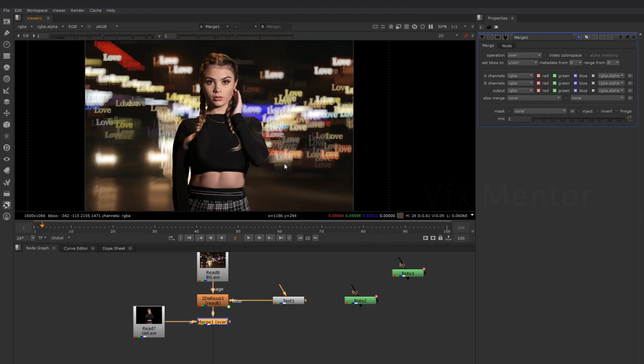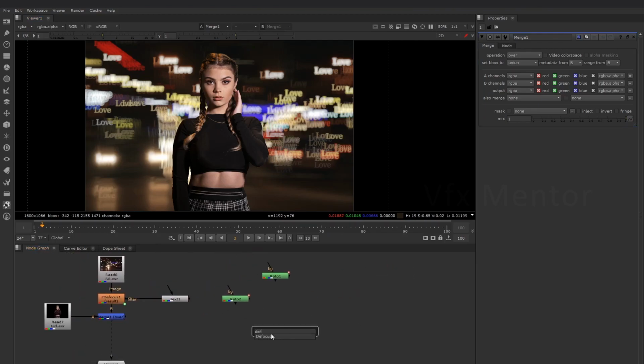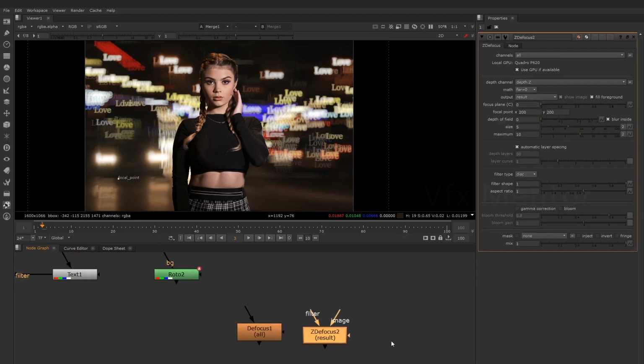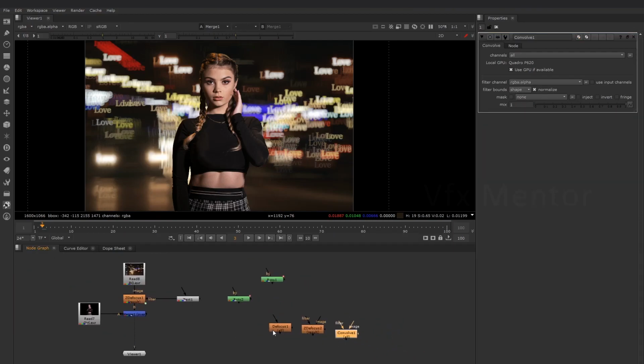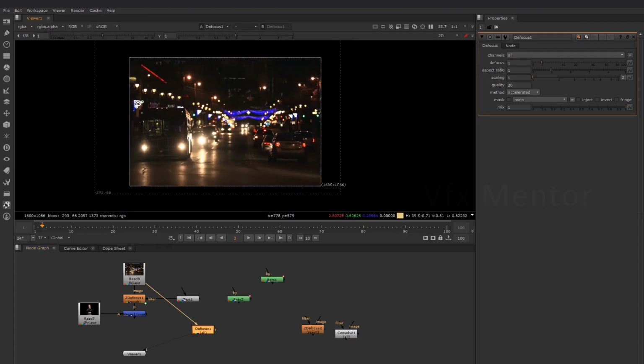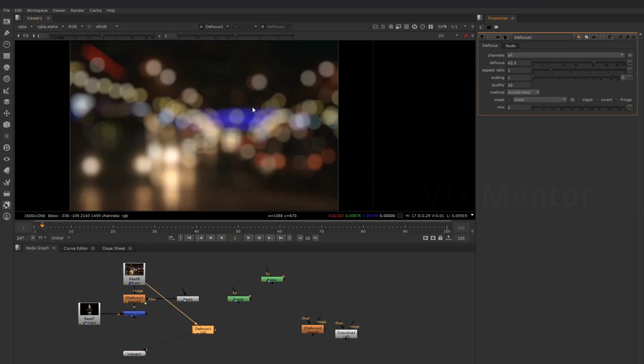So coming to defocus, Z defocus and convol, I will explain briefly. With defocus, the main problem is that if you increase the defocus, we will get only circular bokehs.